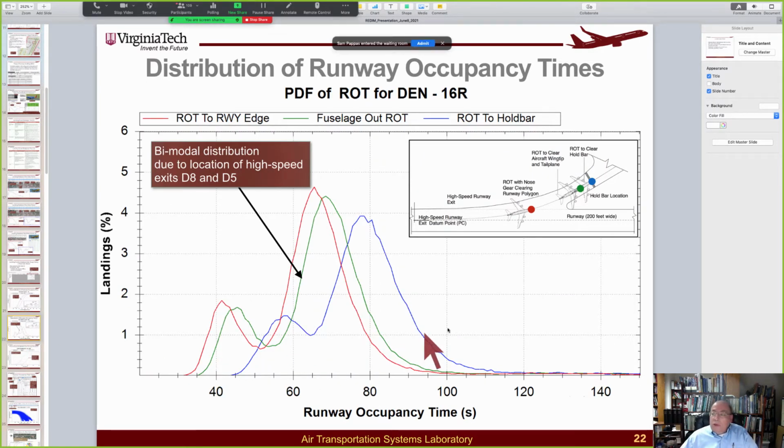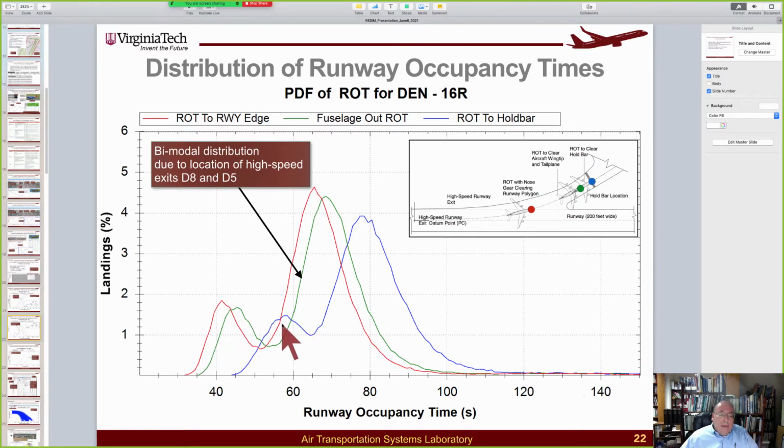When you look at the distribution of runway occupancy times, you notice that there are sometimes bimodal distributions like this. This is for Denver Airport, runway 16 right. This is a very long runway, and there are high-speed exits located there, Delta 8 and Delta 5, for those of you who are familiar. But you can see clearly here that there is a dissimilar behavior between one high-speed exit